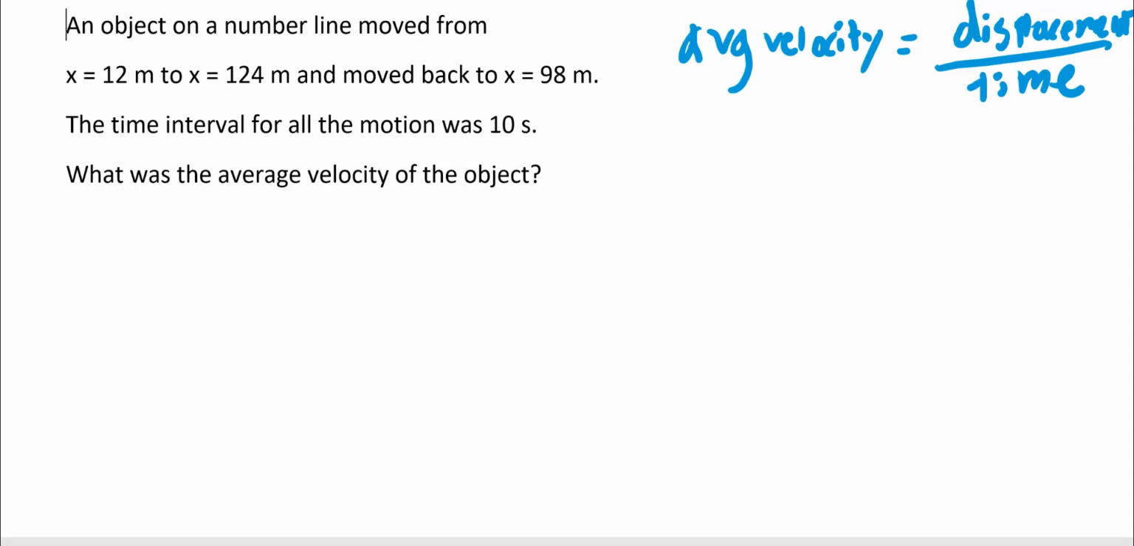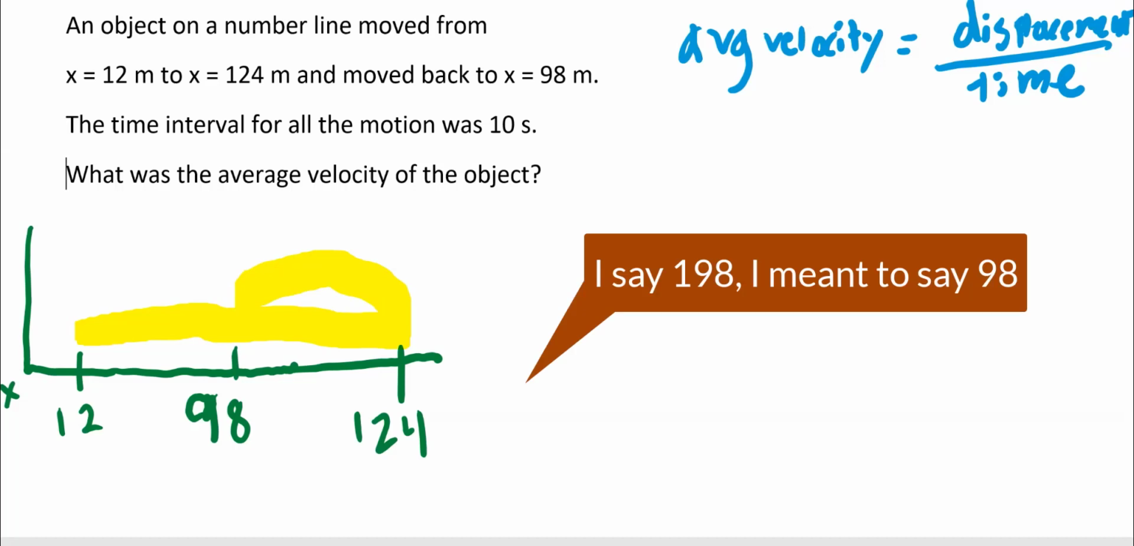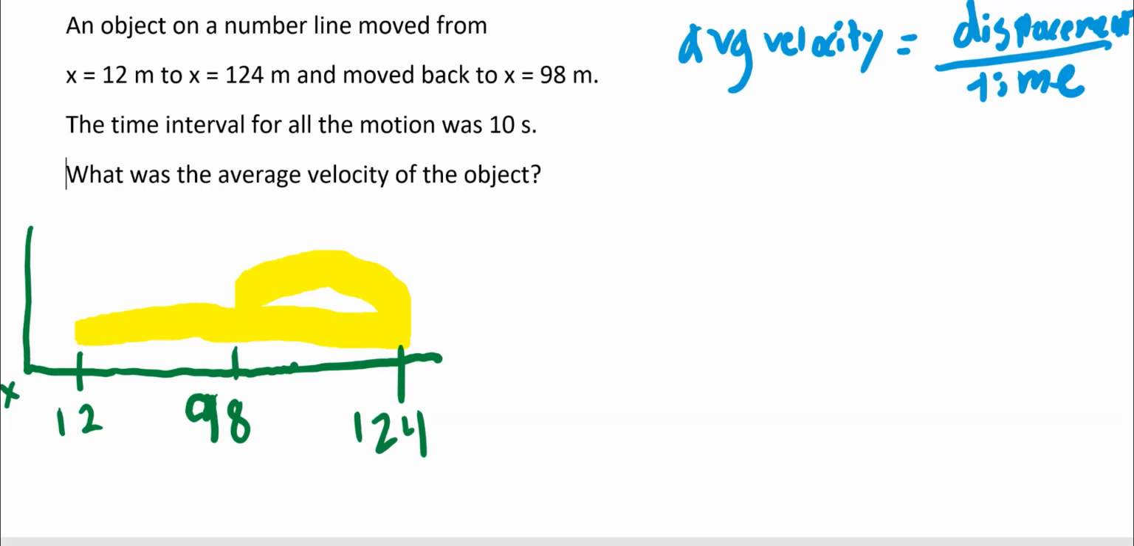If you're having trouble visualizing this, I'm going to draw an example of what this looks like. So if I'm on a number line and I'm starting at 12 and going all the way to 124, and then I come back to 98. So we have to remember in displacement, it depends on your starting point versus your ending point. In linear motion, it's very easy to see. If I start at 12 and then I end at 98,